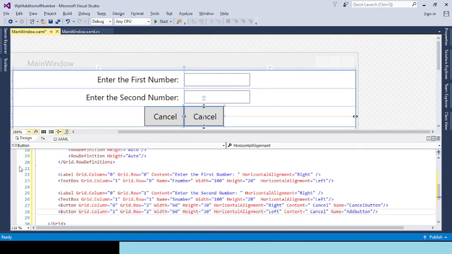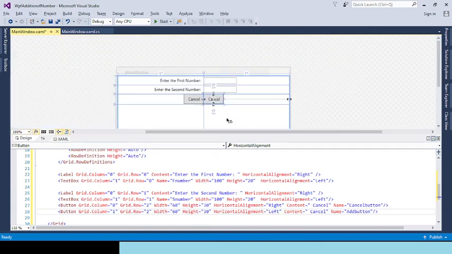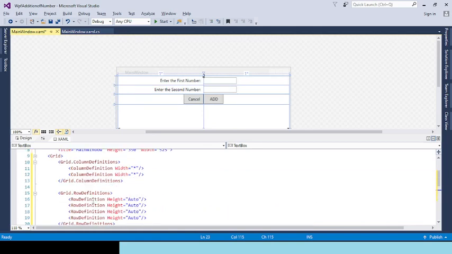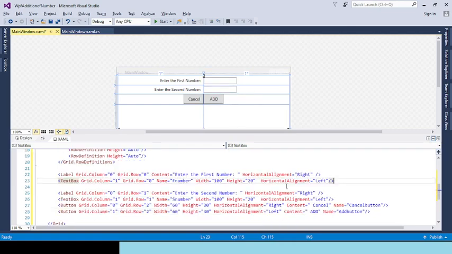For the simple addition of two numbers. Okay, now afterward we are going to bind the command so that after clicking on cancel or add, it will perform the operation. Now after performing the operation we require one more text box to show the result. So let's, as we already took 1 2 3 4 rows and we have used here 0 1 2, so I place one more here,